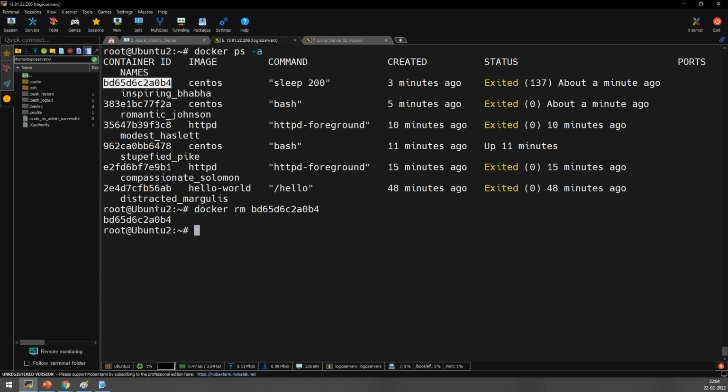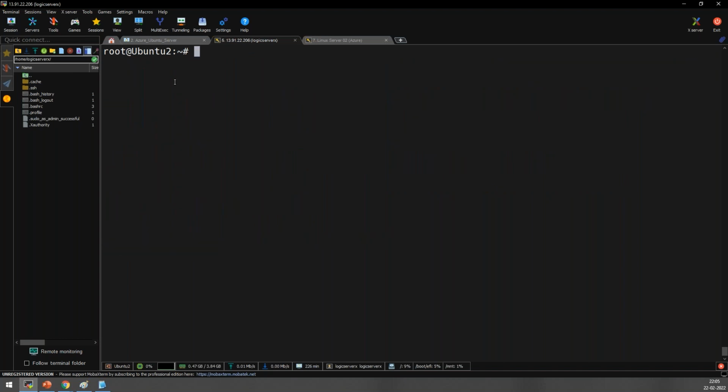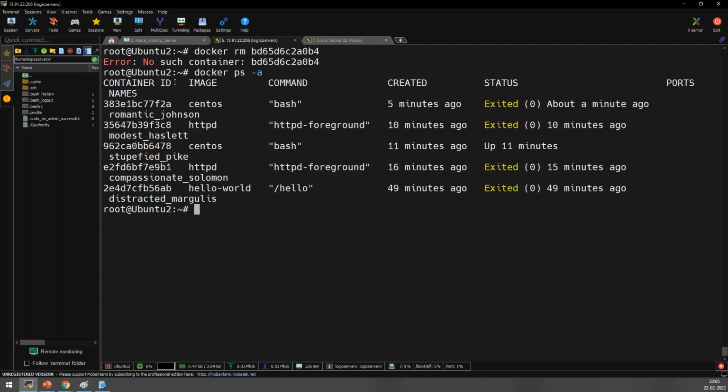It's removed. The next container, I want to remove the next container. Copy, enter. Sorry, it's already removed. So if you want to remove a container, all you have to do is type docker space rm space the container name. Also, you can type multiple IDs at the same time, but I am not doing it now. I am removing all these separately.